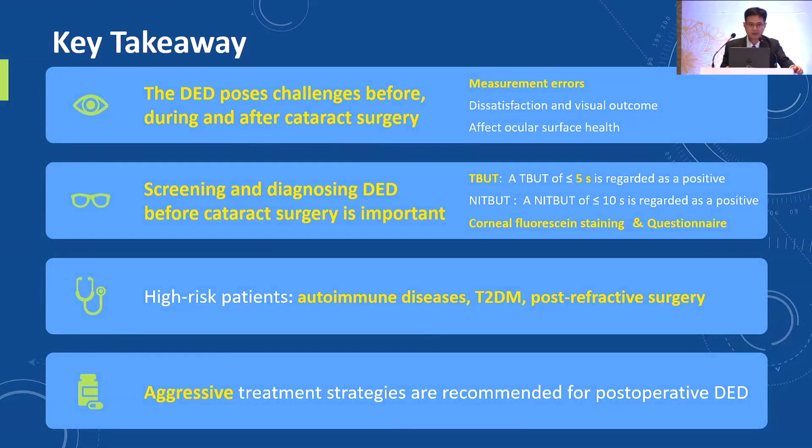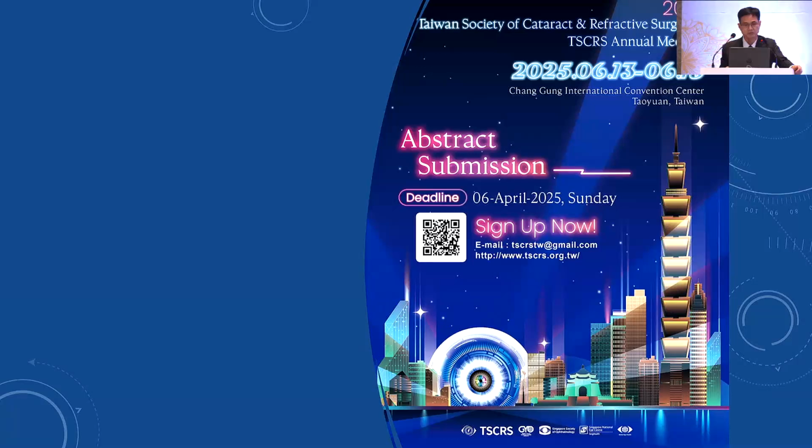So the key takeaway here: dry eye before, during, and after cataract surgery will interfere with measurement accuracy and also cause dissatisfaction with the visual outcome. So screening and diagnosis before cataract surgery is very important. Then we have to identify patients who are at high risk for dry eye disease, for example autoimmune disease, type 2 DM, or post-refractive surgery cases. And finally, we should adopt an aggressive treatment strategy for those patients who develop dry eye disease after cataract surgery. With that, I